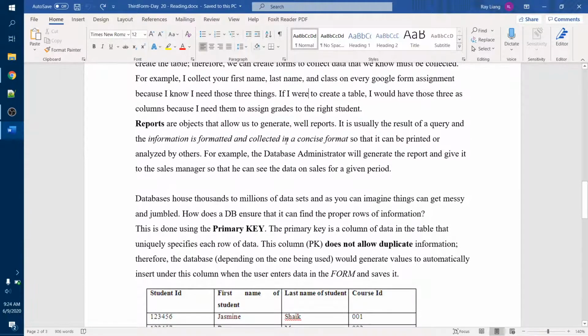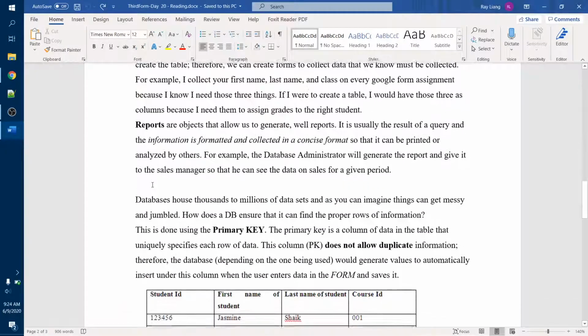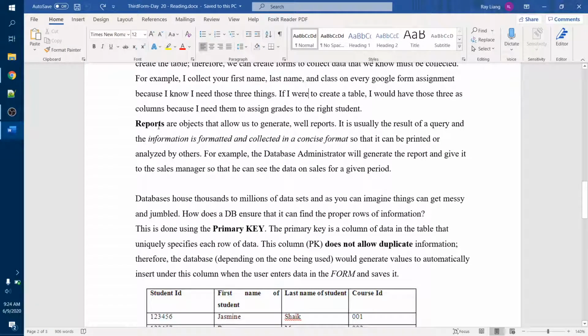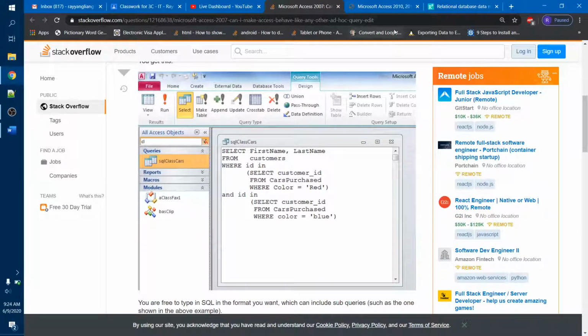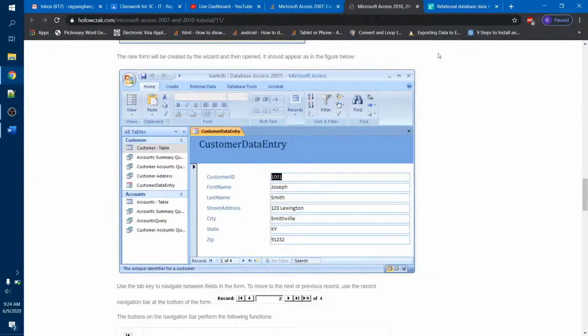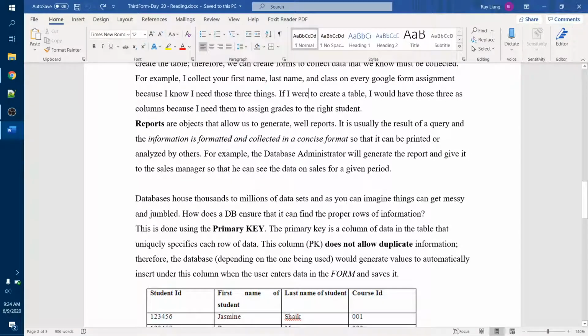Then finally, the last subject that we are going to cover for today in terms of the table and the data is the reports. A report is exactly how it sounds. It's information that is formatted, collected in a concise format, and it's basically the result that you'd get from a query, but then you want to put it in a way that you can print it, or in a way that is meaningful to the people that you're going to hand it to, because reports are usually for the managers or the sales managers or basically other departments of a company, not for the database administrator, because